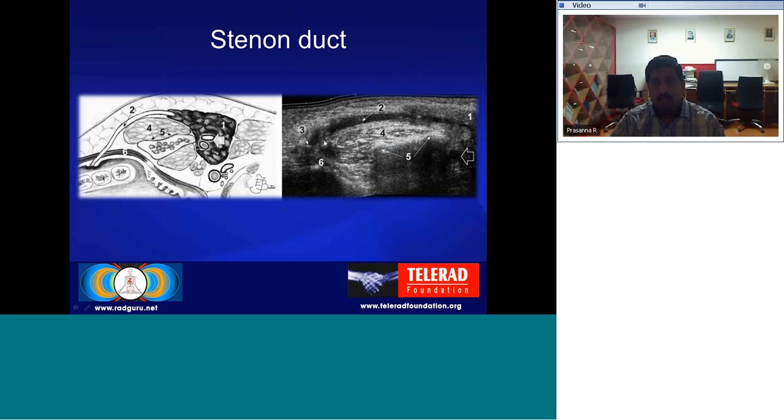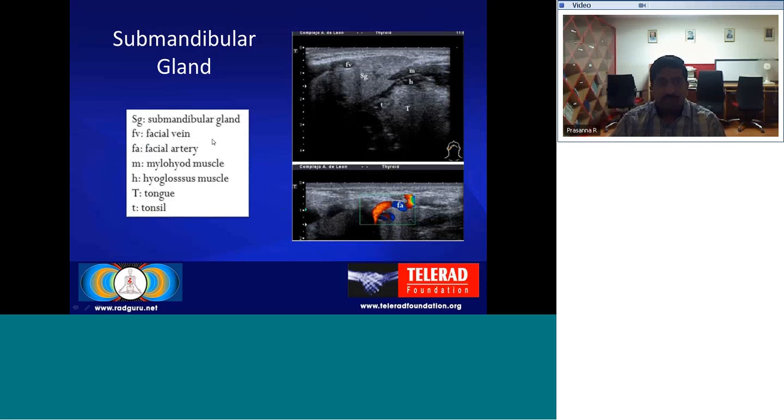Marked is the mandible, and you can see a small calculus sitting at the distal part because of which the duct is dilated, and of course the landmarks are always to be seen. And then the submandibular gland